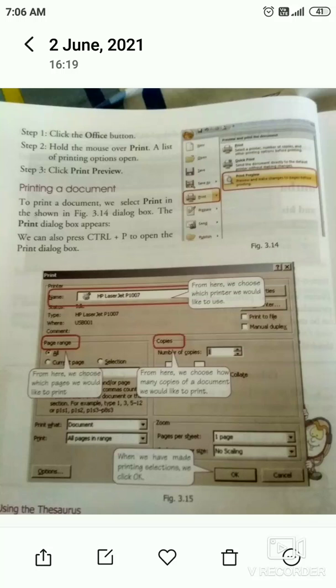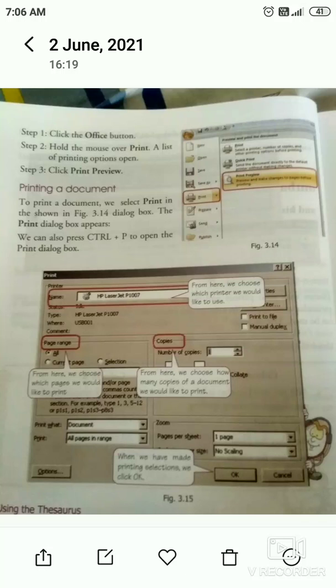Click on the Office button and hold the mouse over the Print option. A list of printing options will open, and then we click the Print Preview button, and the print preview will appear. Whatever we will get as output, that will be reflected on our screen.